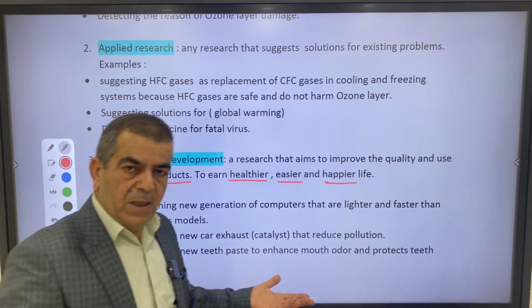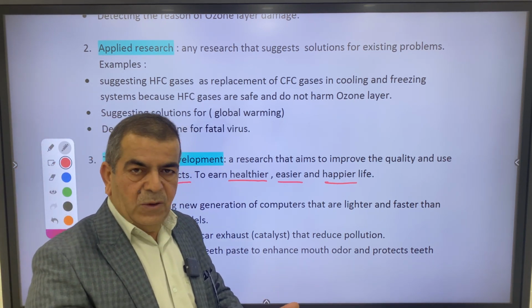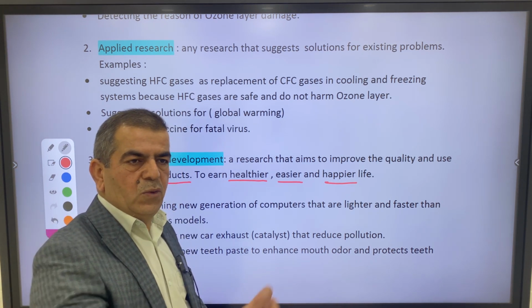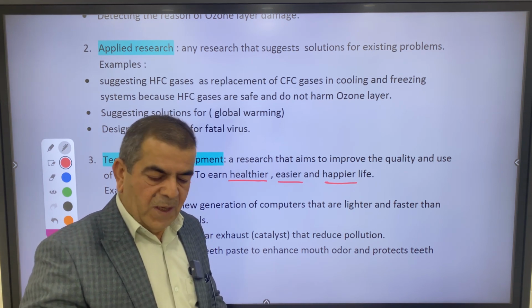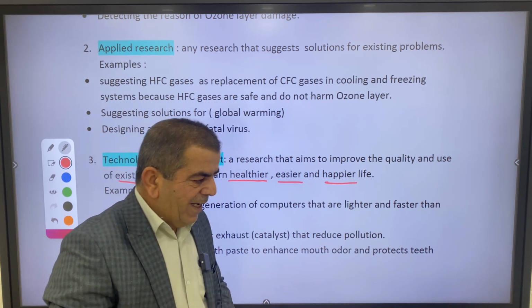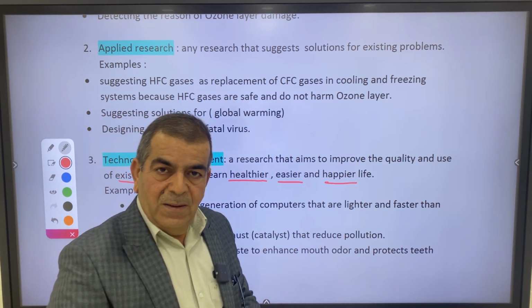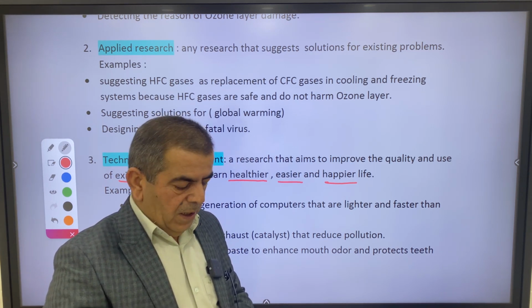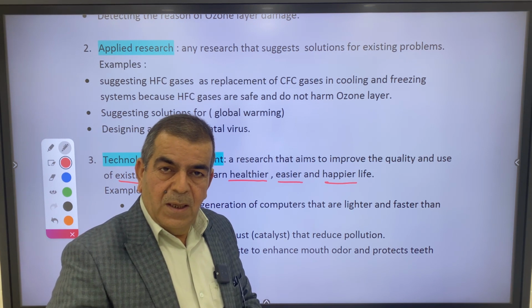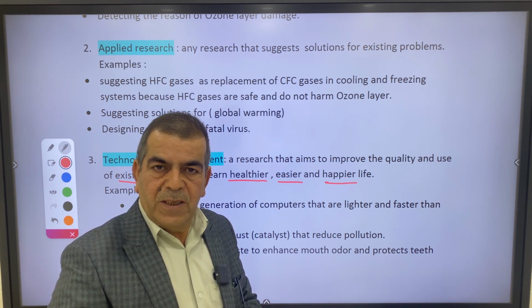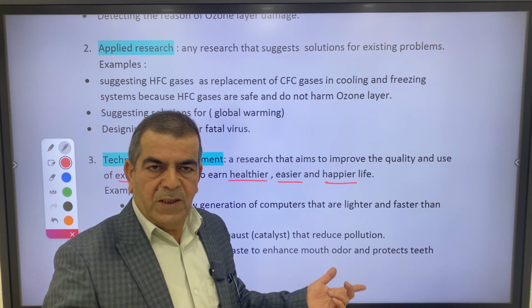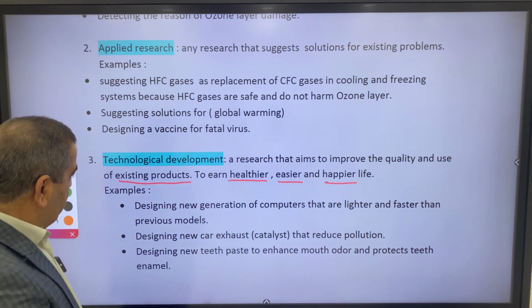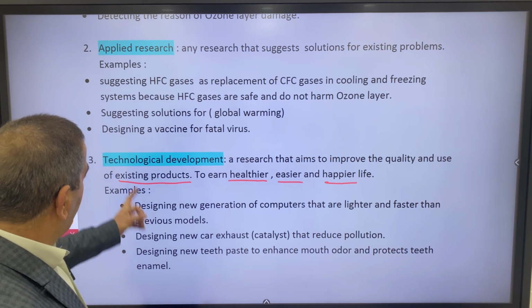This new computer is lighter. You can carry it easier and transfer it to your school, to your company. Besides, it is faster. It makes work done sooner. As well as the storage. The storage is better, which means a wider unit of storage. So this is one example about what? About technological development.